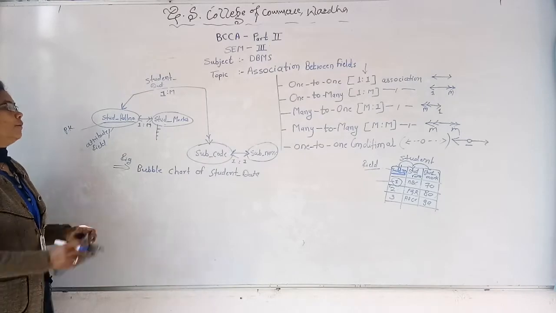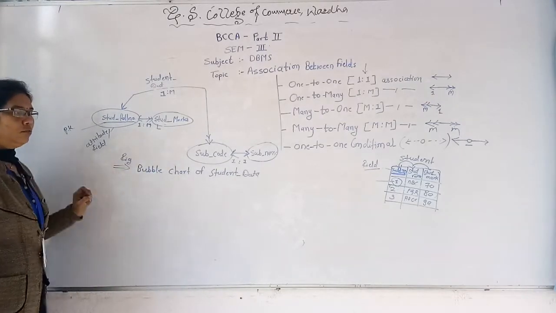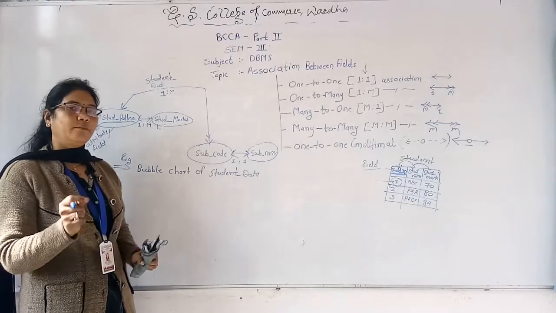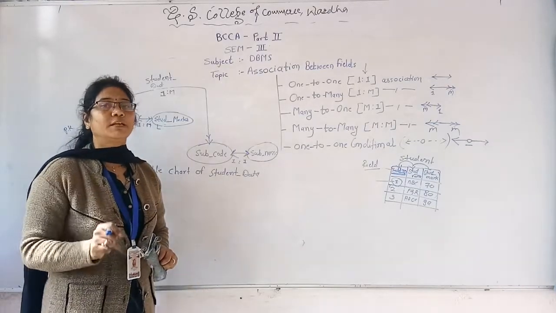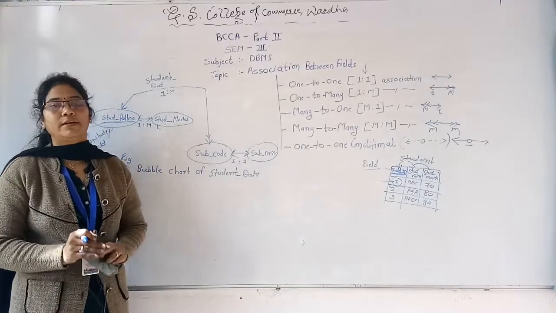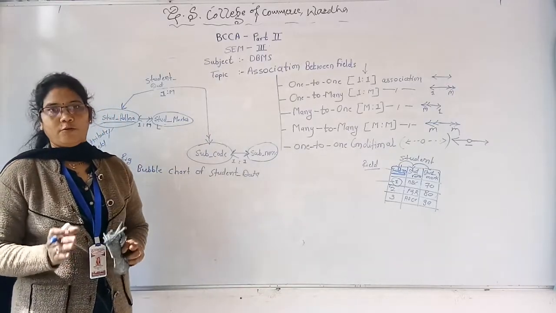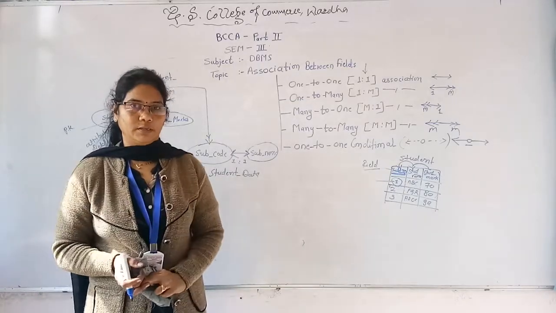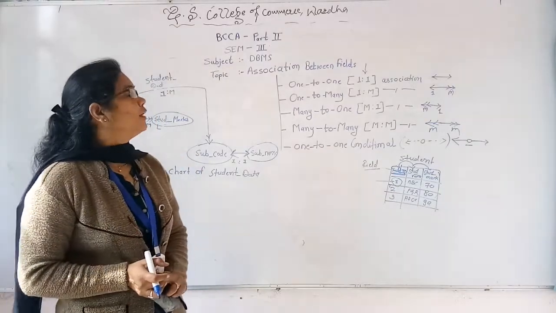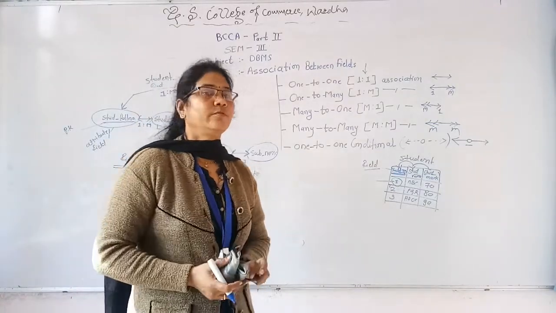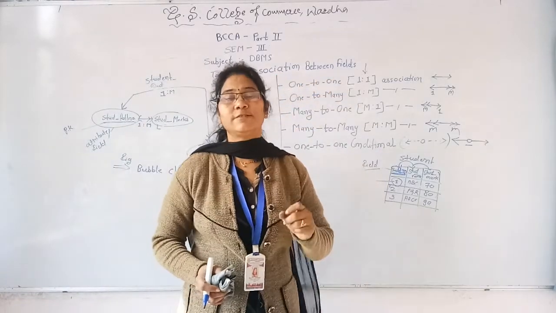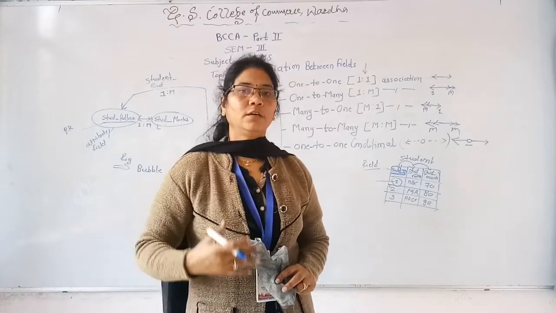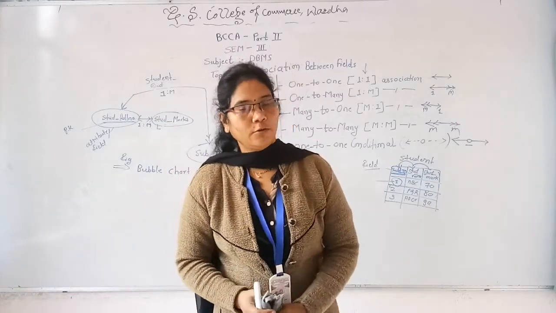Okay. So basically you have to consider or rectify the association between the fields when we design the table or when we design the entities for our information system or for our database. Okay, so this is okay for today's lecture. In next lecture we will see the association between the files, which is very useful for representing or creating or designing the ER diagram. So thank you for watching me.